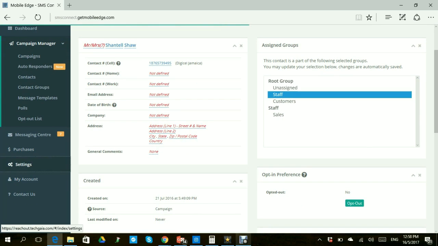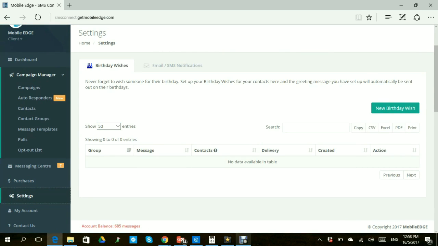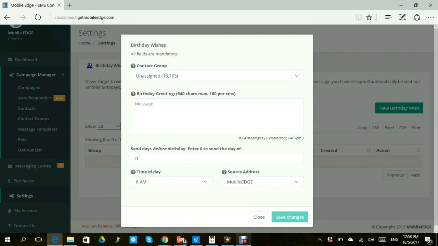Scrolling down to the settings area. When you come to the settings area, this is where you're able to set up birthday wishes. So automatically, what you can do is have these messages going out on an automated basis. To set up a birthday wish, all you have to do is click new birthday wish, type the actual birthday message that you want to send